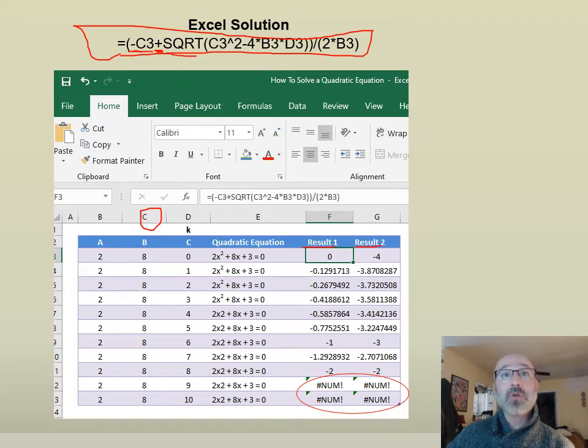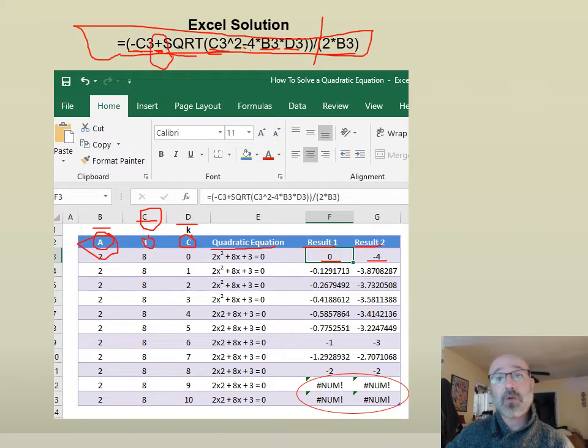The square root of my B value squared, which again, B corresponds with column number C here, minus 4. Then we have B3 and D3, which are simply A and C when I correspond to my quadratic equation here, all divided by 2 over my column B3 here, which is my A values here. So I've come up with a quadratic equation based upon the problem, the characteristic equation they gave us in the problem here, and I can get my two roots from this, which are the plus and the minus here from